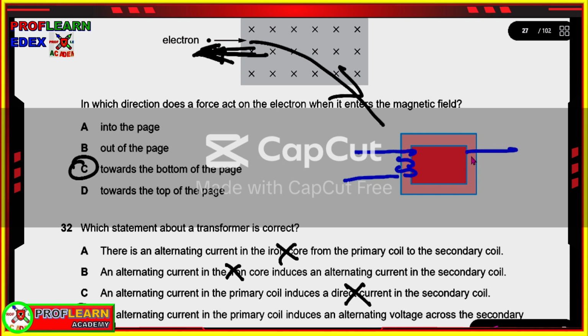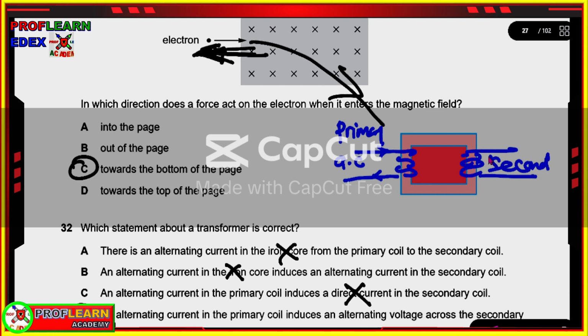And here we have the secondary coil. A transformer works with AC current only. When AC current flows through this primary coil, it creates magnetic fields which are constantly changing size and direction. When those fields cut through the secondary coil,